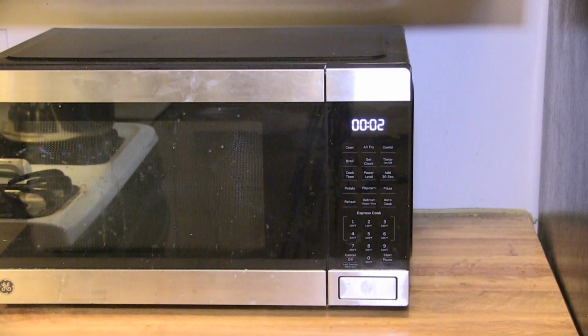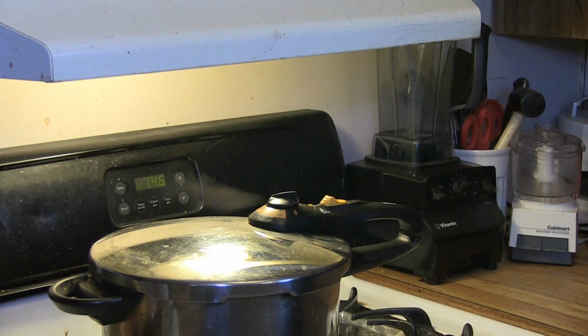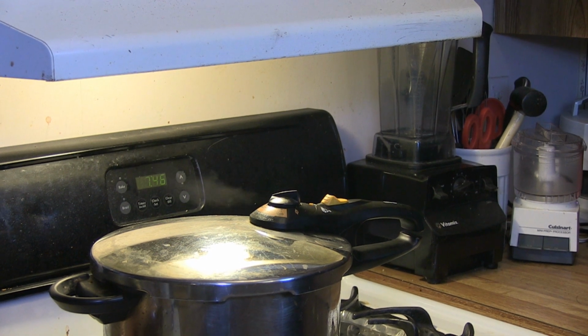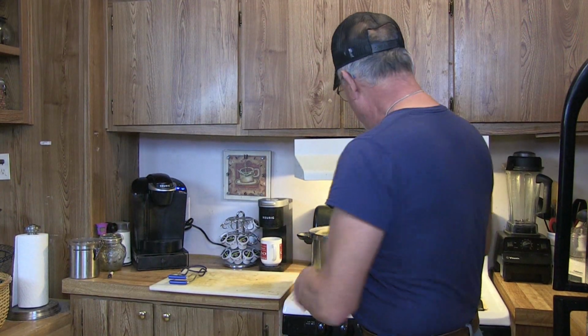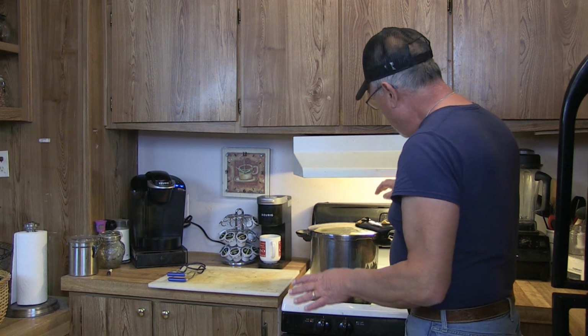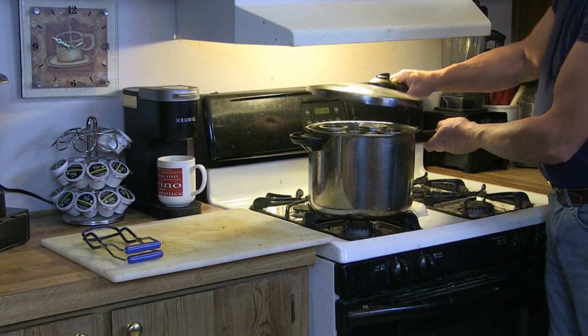Now once the timer's up, we're going to go ahead and just turn the heat off. Then we're going to walk away and let this naturally steam out and let all the pressure vent out, and let it completely settle down. Now once it's settled down, go ahead and unlock it because the pressure is completely relieved and the button dropped down. We'll just go ahead and unlock the lid, bring the lid off,